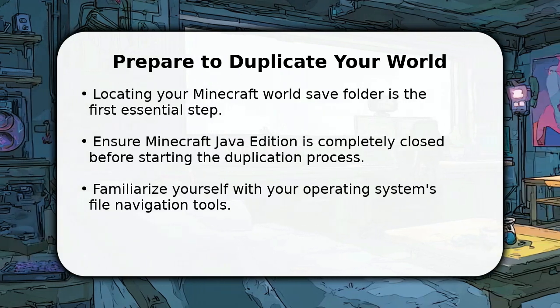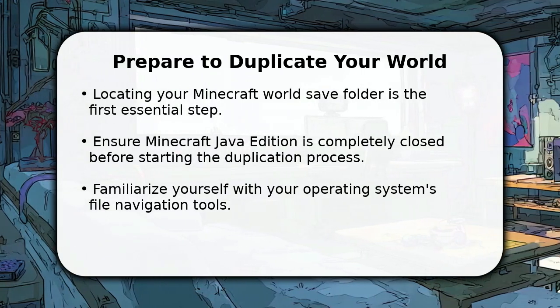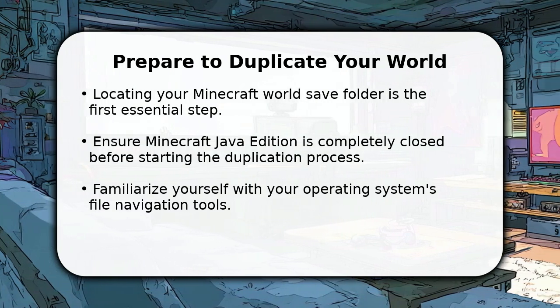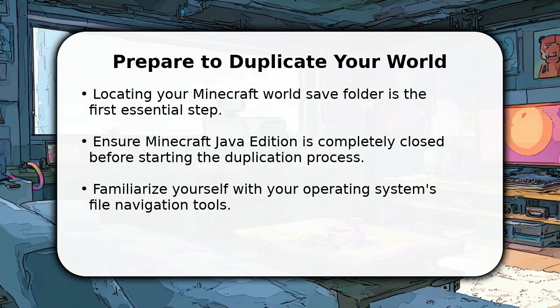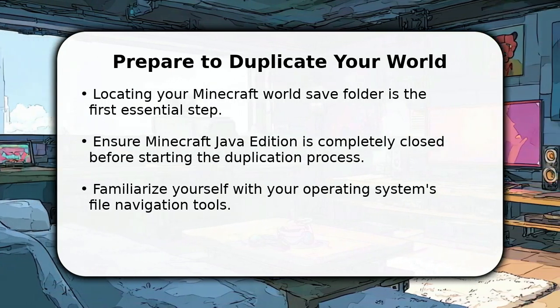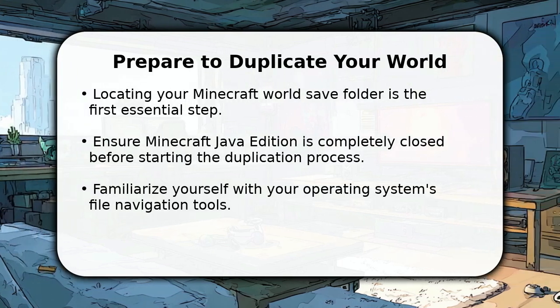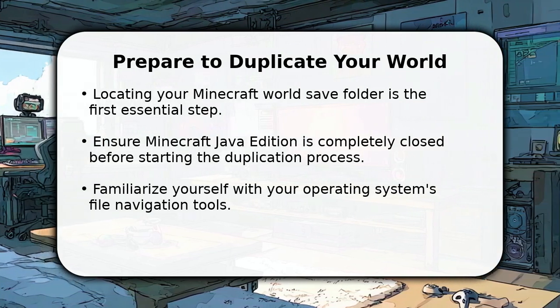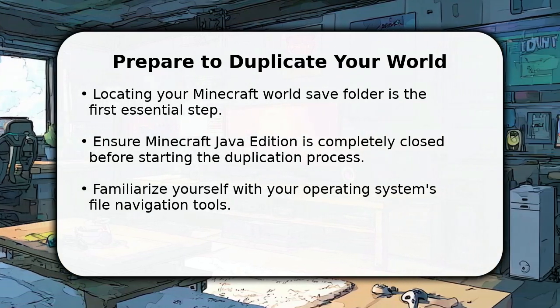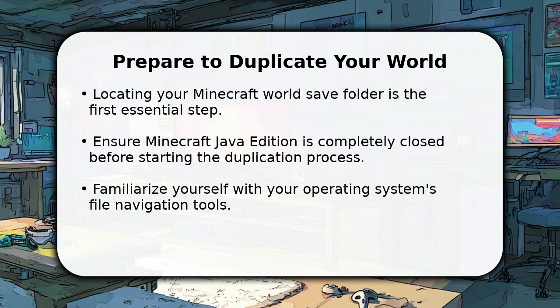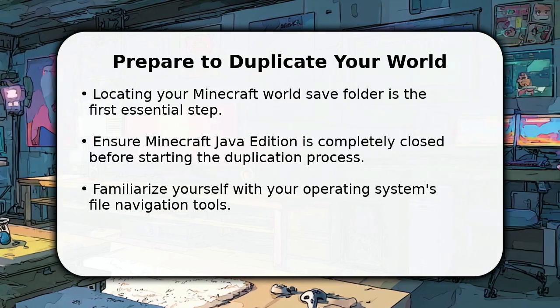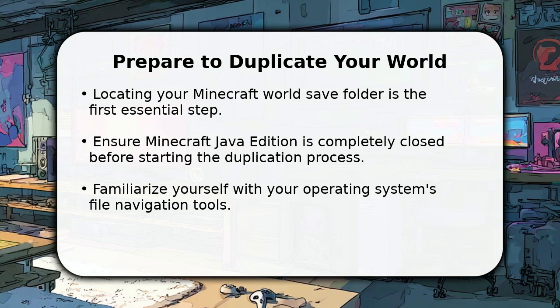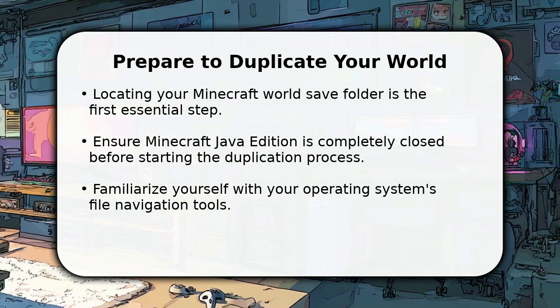In this video, I will explain how to duplicate a Minecraft Java world. First, ensure your Minecraft game is completely closed, which is a crucial step before altering any game files. Opening it could lead to data issues. You need to locate your game's main installation folder, often found in your system's application data. This preparatory step prevents data corruption and ensures a smooth, safe duplication process for your valuable creations, taking just a